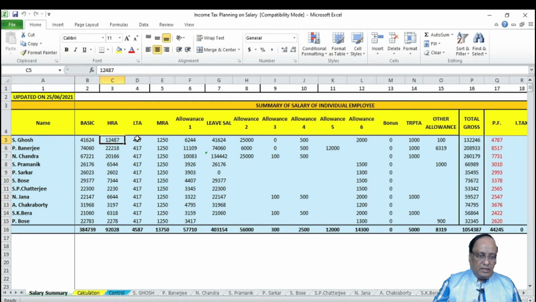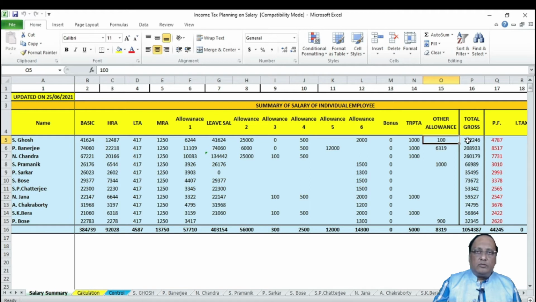For example, Mr. Ghosh's basic salary is 41,624, then HRA, LTA, MRA, allowance 1, leave salary, allowance 2, allowance 3. There are five to six types of allowances, transport allowance, other allowance. I have given a lot of options which you should utilize according to your need, according to your pay structure.